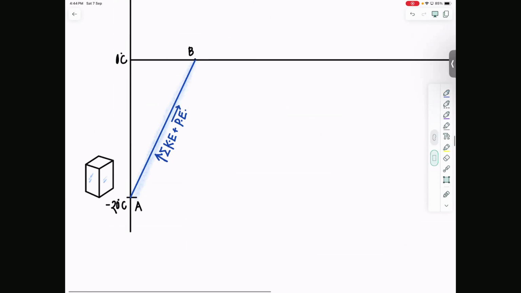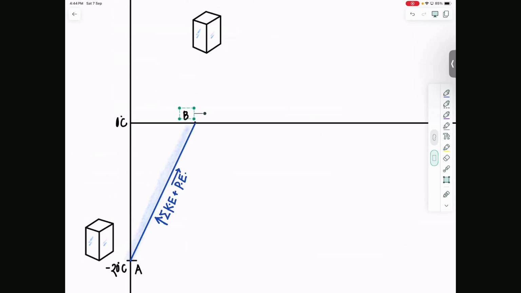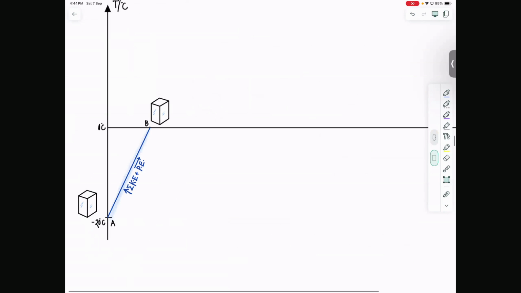And then what happens is the ice cube reaches 0 degrees Celsius. What do you think is the ice cube at 0 degrees Celsius? Is it liquid or is it solid? Solid, right? It's still solid here. So it starts off as a solid. But then I think you know this, that as you keep increasing temperature, what you'll start to notice is that